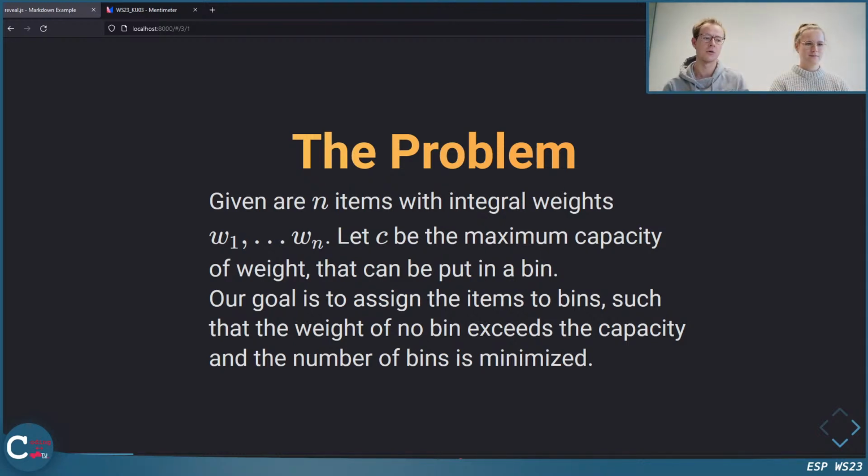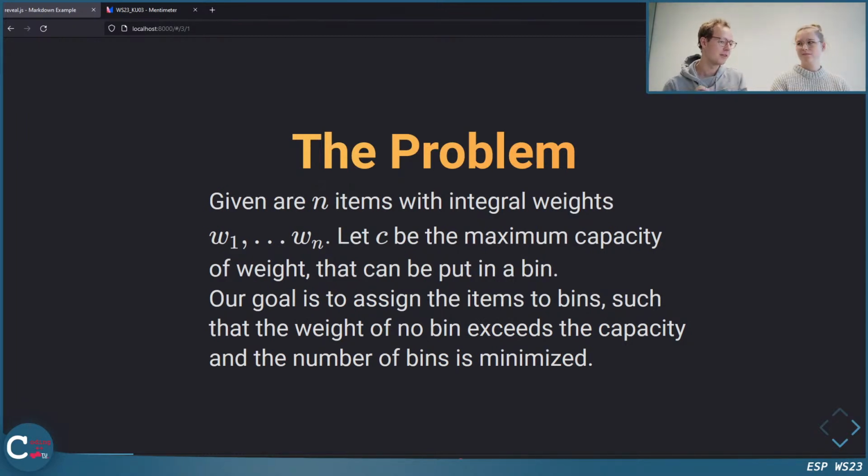Now our goal is that we assign each item to a bin such that no bin is overfilled. So if we sum over the weights of the items that we assign to a bin, it should not exceed this C. And we additionally want to minimize the number of bins that we use.